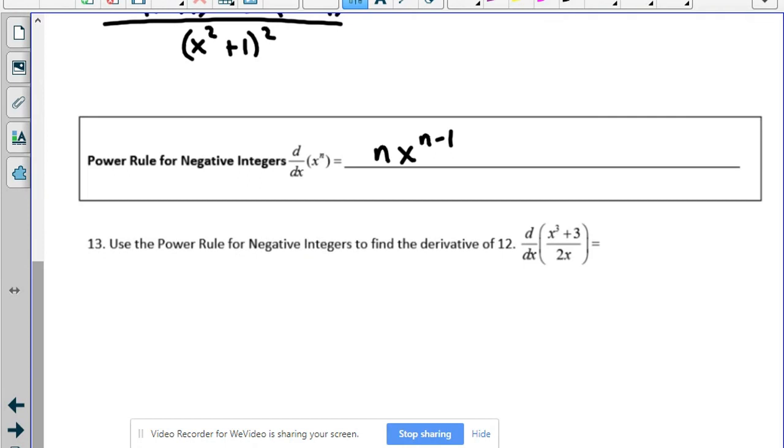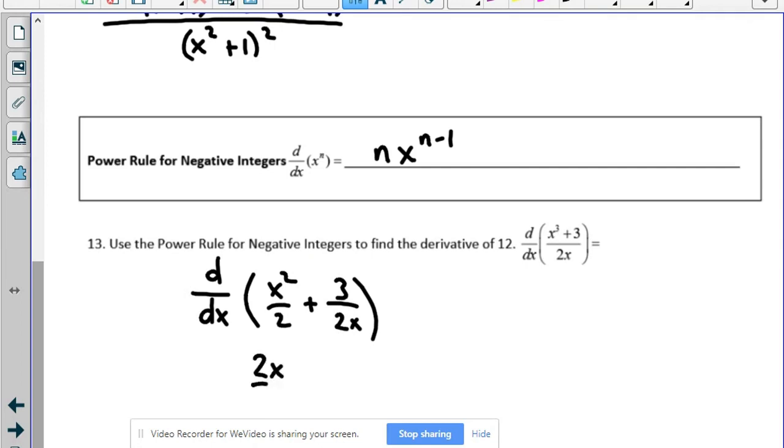So if we take a look at this function, if I actually divided this function out, I'm going to rewrite this as what happens if I take that function and turn it into two separate terms. So that would be x squared over 2 plus 3 over 2x. So the derivative of the first one is easy. That's 2x over 2, which we're going to simplify to x later. But this guy,